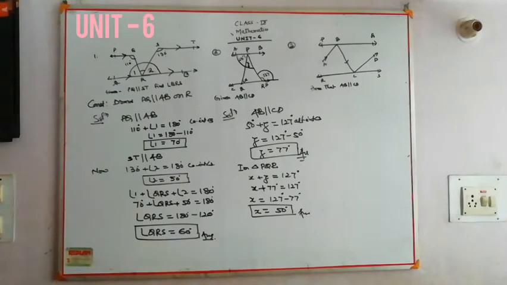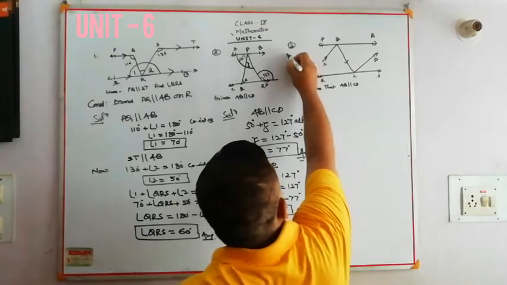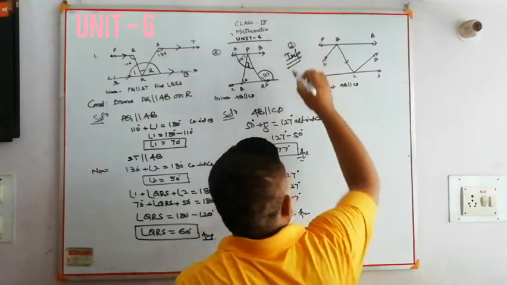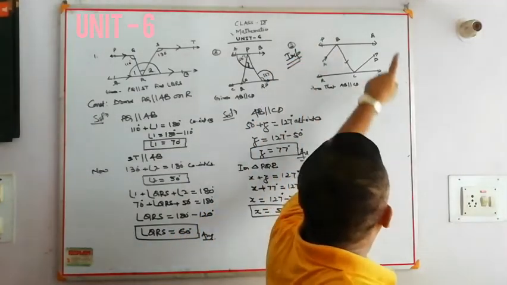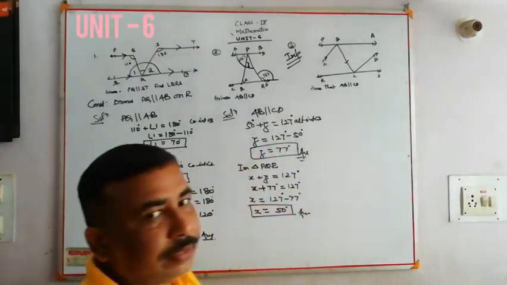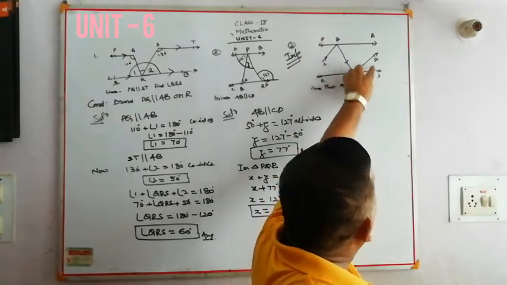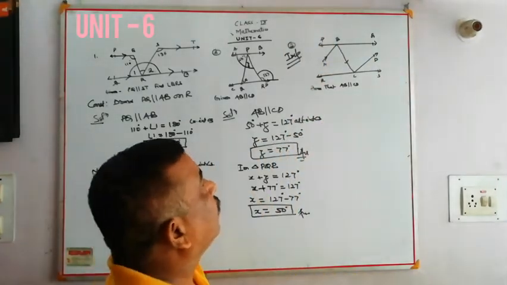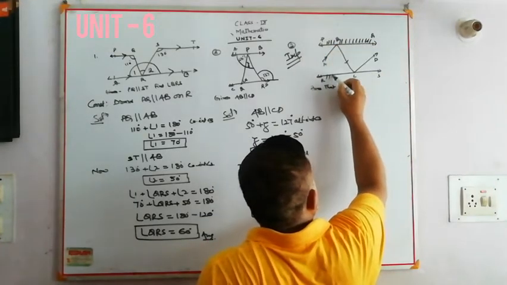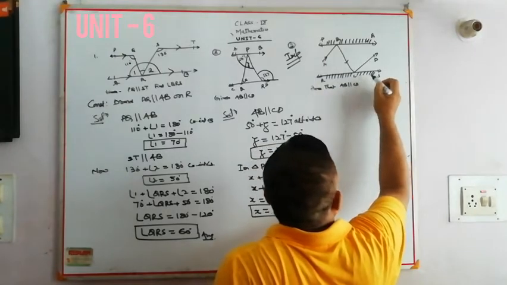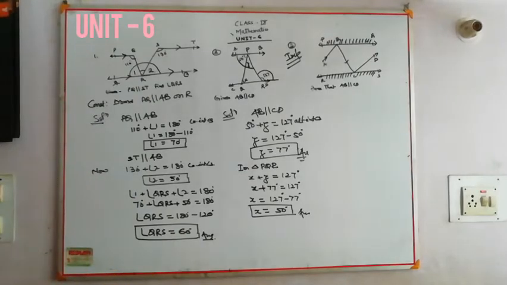Any problem in this question? No. Now your third and very, very important question. How can you solve this question? Given that PQ and RS are two parallel lines, with one ray AB, another ray BC, and another ray CD, and that is a plane mirror. How can you prove that AB and CD are parallel lines?